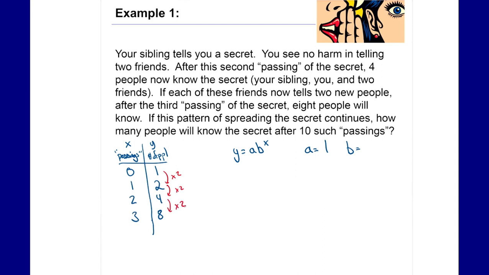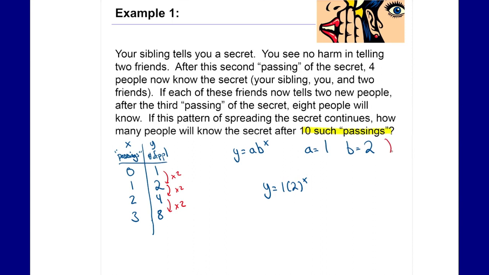They're doubling with each passing. So what that means is that our b value would have to be 2. Now to figure out how many people will know after 10 passings, you could continue the table if you wanted to, or what you could do is go through, plug in your values, and because it's 10 such passings,